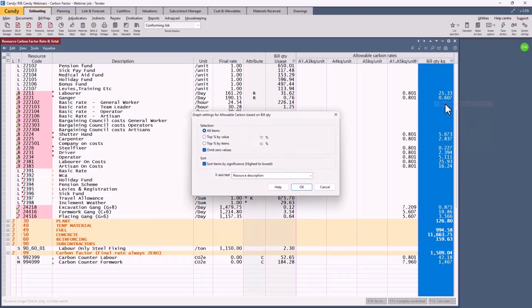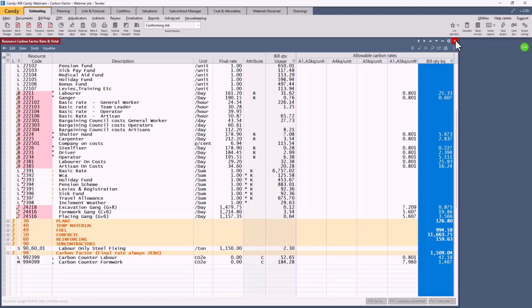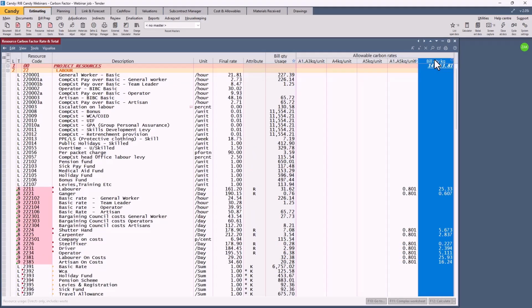You can also go and say, let's just look at the top 50%. Say OK. And now we've only got a selected view and graph of the top 50%. And we can copy that to the clipboard and use that. Another tool also available is the shell threshold